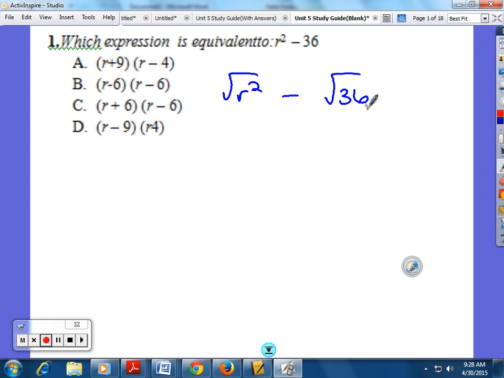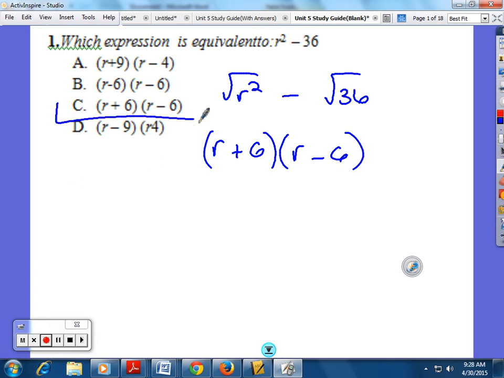So your answer is going to be the square root of the first one plus the square root of the second one, times the square root of the first one minus the square root of the second one. So the answer is C. Okay. Now number two,